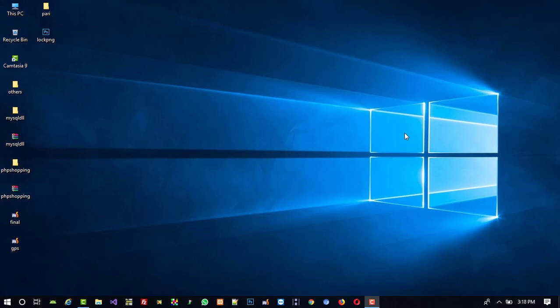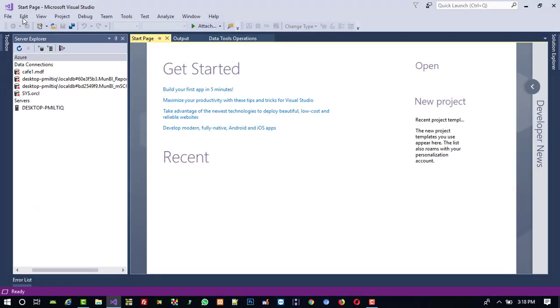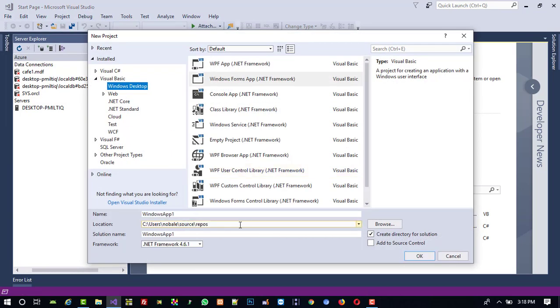Hello friends, so now we are going to start our VB.NET inventory management system. So first of all, I am going to create a new project. So I am going to open my Visual Studio. Then here File, then New, then Project. Yeah, I am going to give here a path, VB.NET